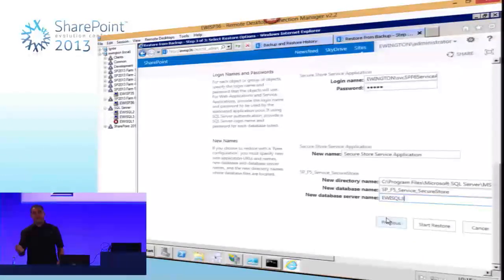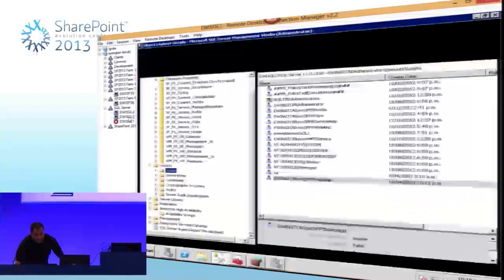If I hit that and run that, it's basically going to restore that database, restore that service application in my other farm, and I'm good to go. Now, this does take a little bit of time to do, so I'm not going to do it. Once I've done that, if I go to SQL 3,